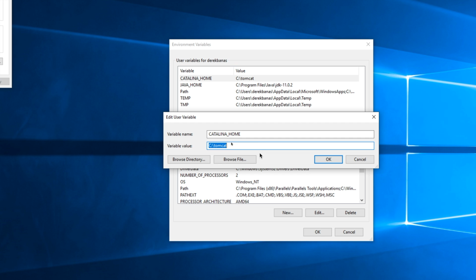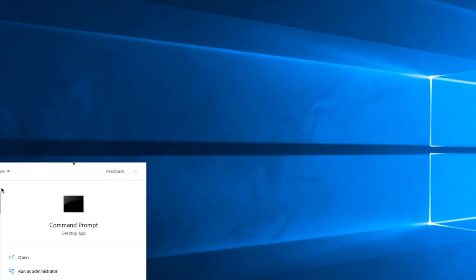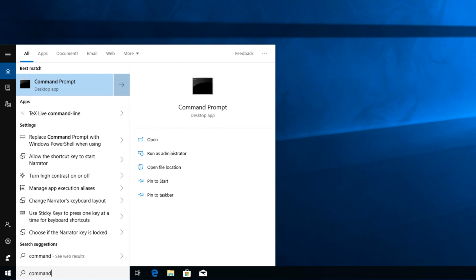and then click on OK. You're then going to click on New again and type in Catalina_home, and then you're going to link to the directory where you saved Tomcat, and then click on OK. Then you're going to click on Path, and you're going to specifically enter this line right here, and then the Catalina home, right like that, and then click on OK. And now you have everything set up that way,